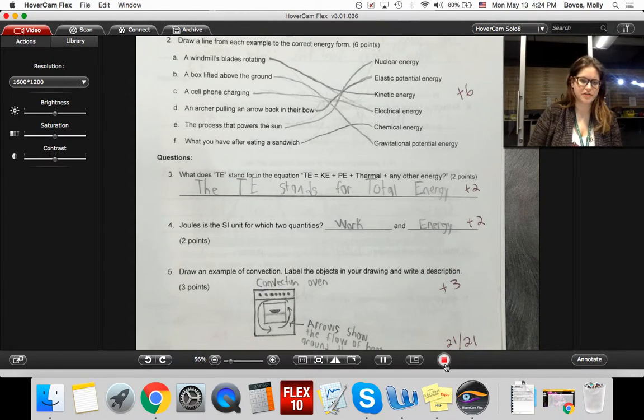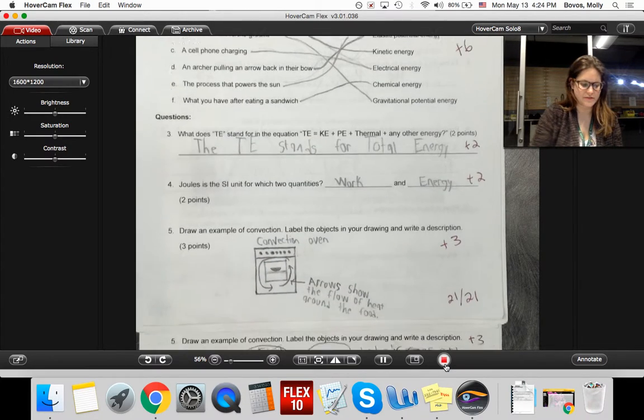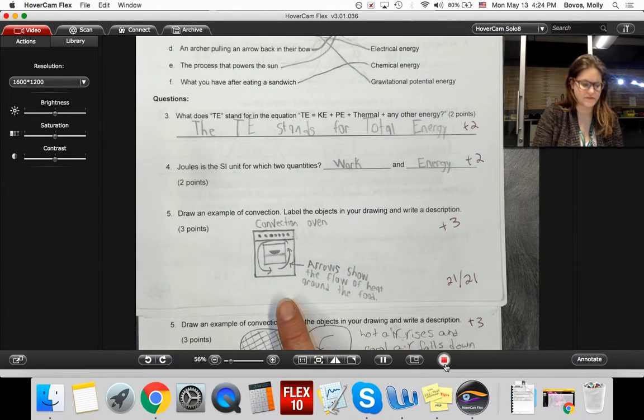The last question on here is the example of convection, and I just really was impressed with this drawing here that the student did of a convection oven. Not only telling me that this is a convection oven, but also showing with the arrows how the air inside of a convection oven, you get that cycle, that rotating motion, and it's the heat that's rising and the cool